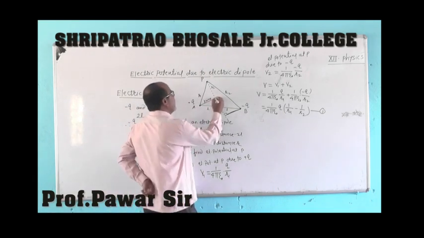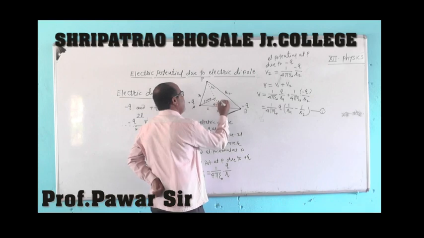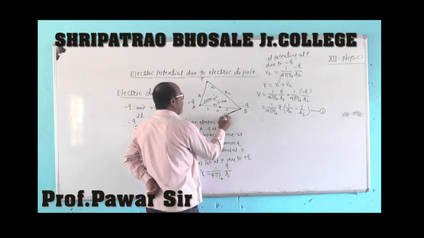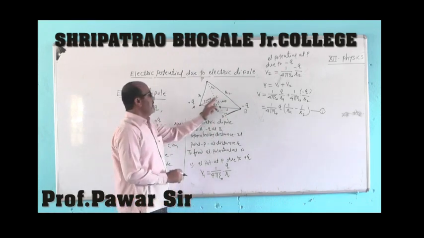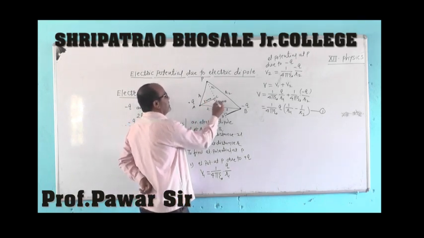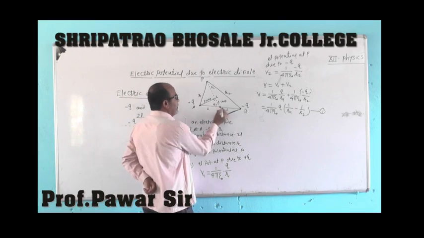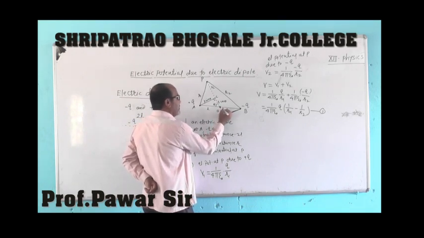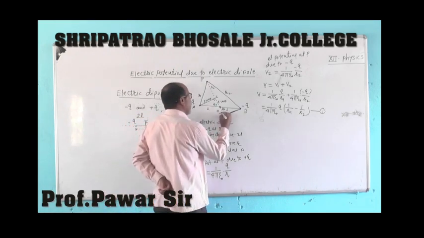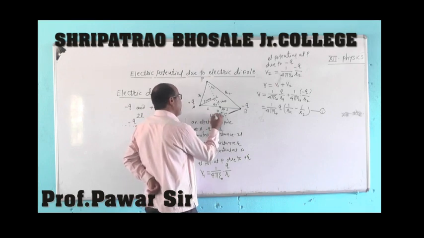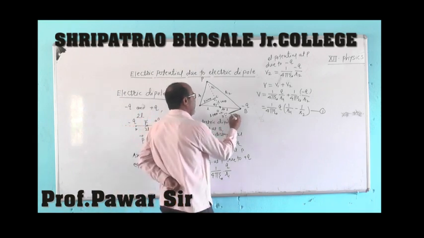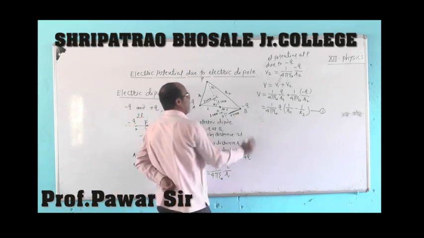And this distance is l into cos theta. Then this point is C and this is D. This AC is l sin theta, it is the opposite side of this angle, and the adjacent side is l cos theta. Similarly, this is the opposite angle, this is also theta. So this adjacent side will be l cos theta, and this opposite side will be l into sin theta.